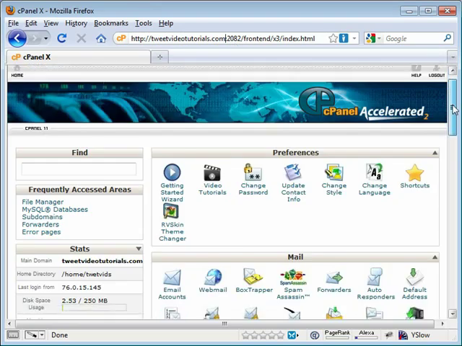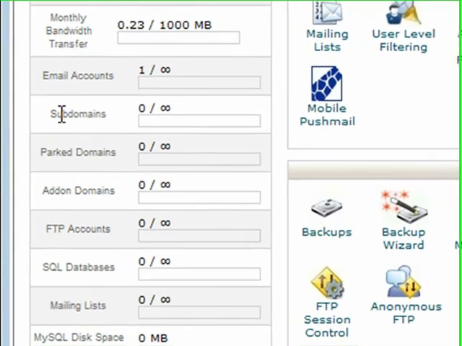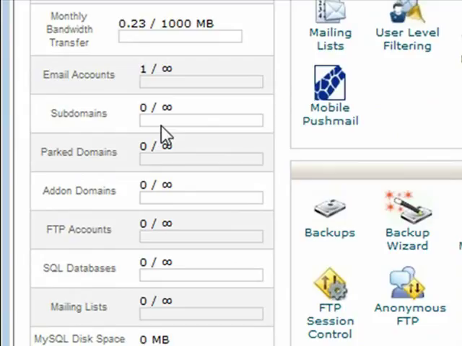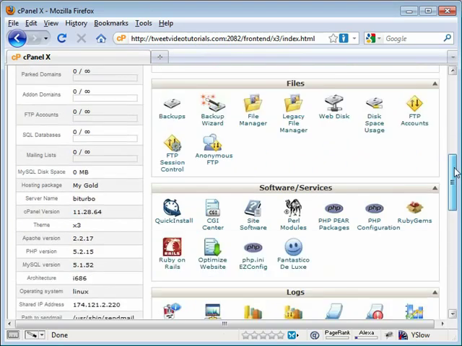But just to point out the fact that on this particular hosting service, I have 0 subdomains installed, but I have an infinity or an unlimited number of subdomains I can have. So my little brain figures that means I can have as many different blogs as I want on this one domain. Of course, each will have their own individual address and will have their own individual directory through an FTP client, which I'll show you here in a second. So let's go ahead and create our subdomain.